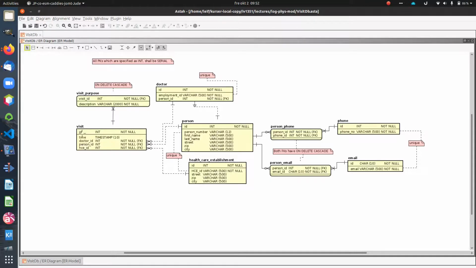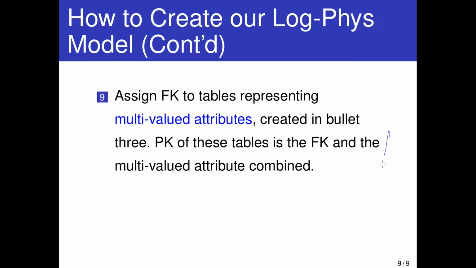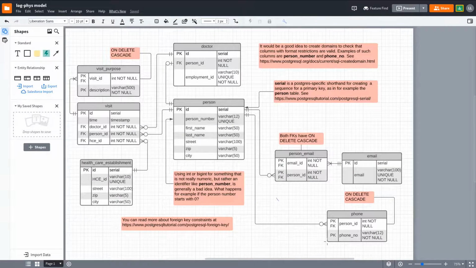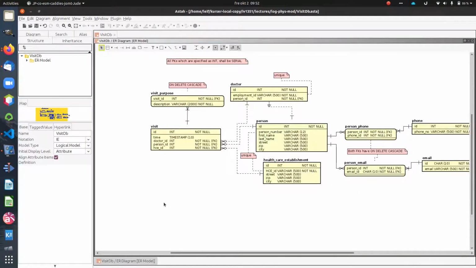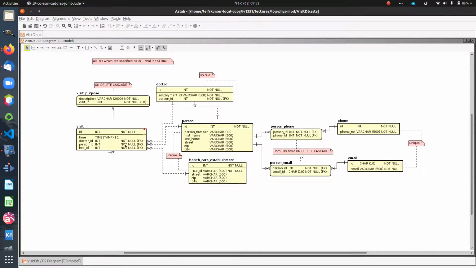And because of that we cannot have only the visit ID as primary key. And that is what is explained here. And that is also what we looked at here when we looked at the phone as a multi-valued attribute. So the solution to this mistake is to also make the description into a primary key like that. Okay, now we have a combined primary key there, and the visit purpose is appropriately modeled as a multi-valued attribute of